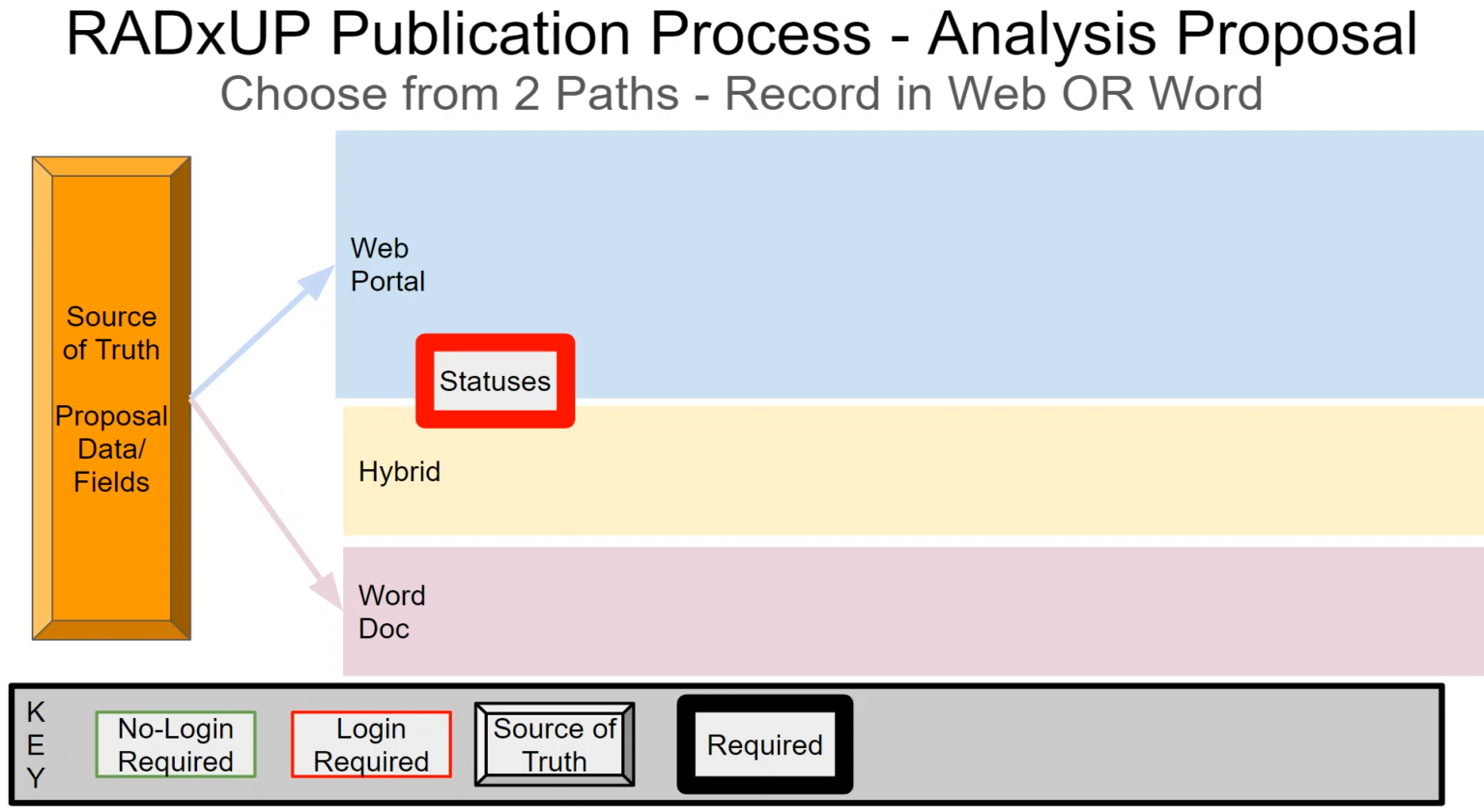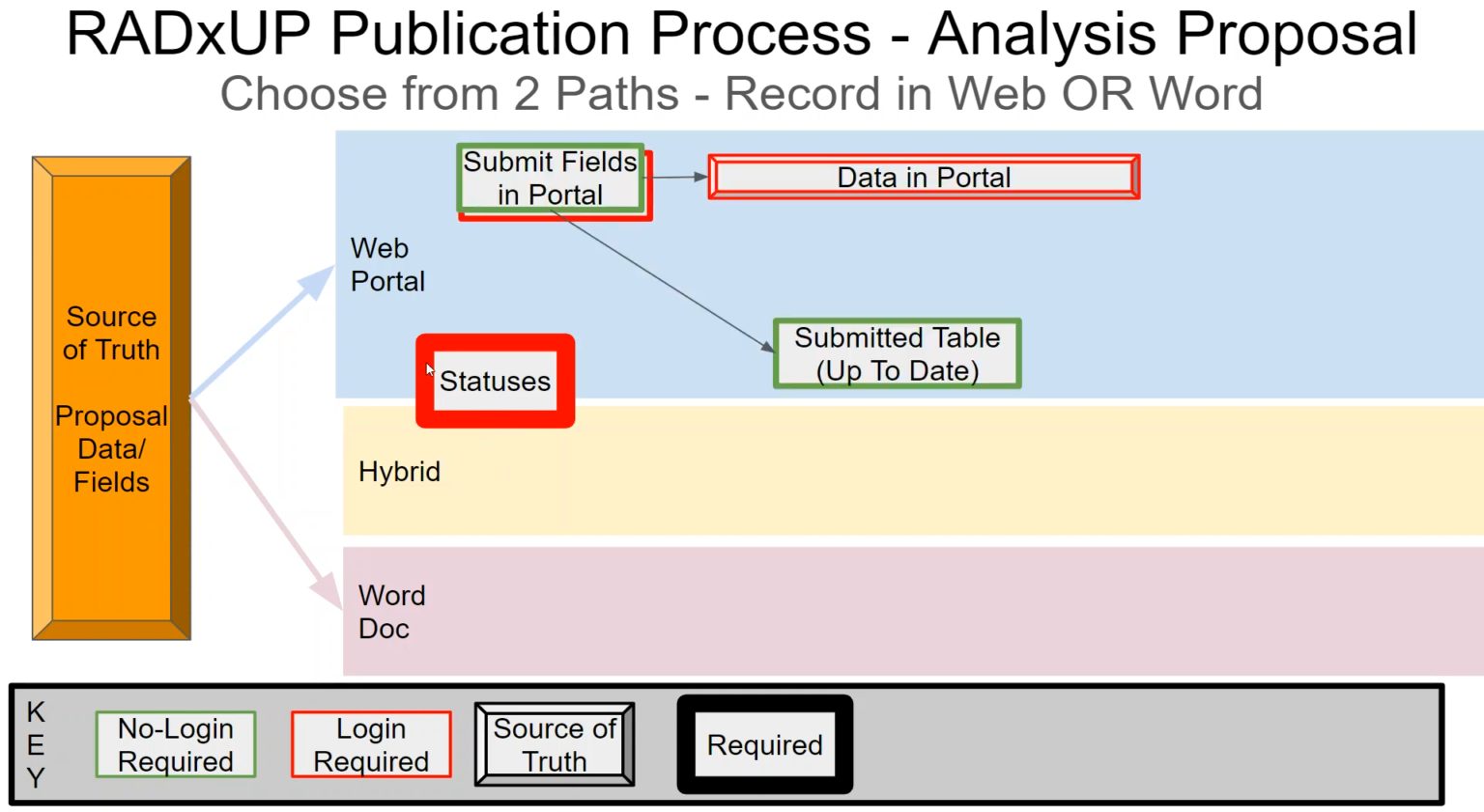Options as I see them for the RADXL publication process, and we kind of have to decide on the source of truth for if the data is going to be in the web portal or a Word doc. I want to point out that the statuses we can record in the portal regardless, so there's kind of a hybrid. So first, walking through the web portal, if this was kind of the current spec, if they submit the